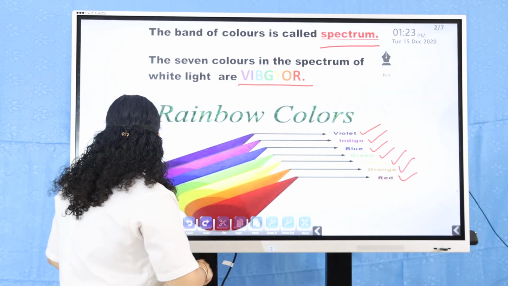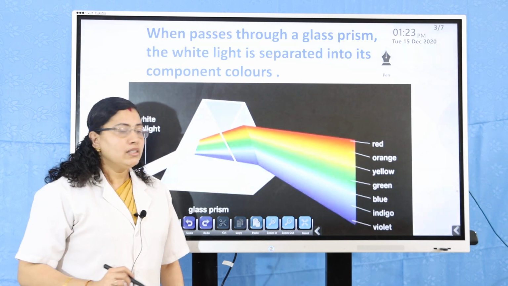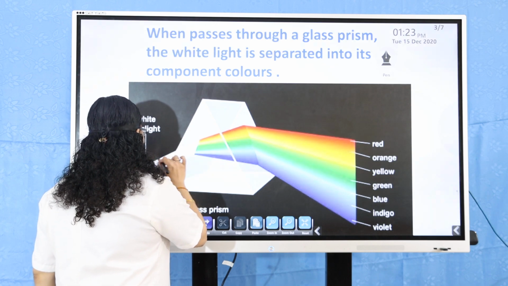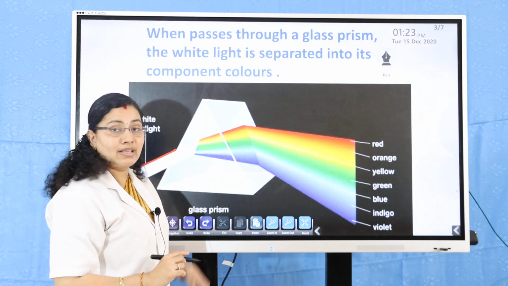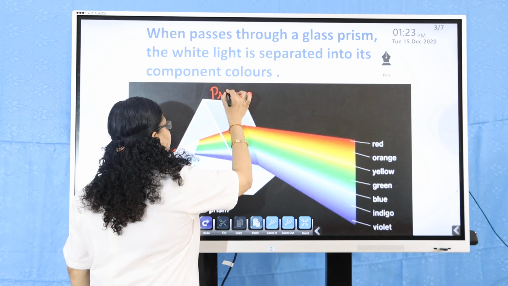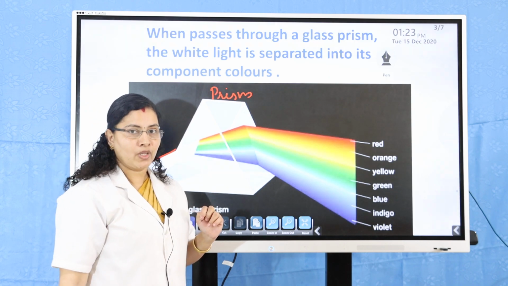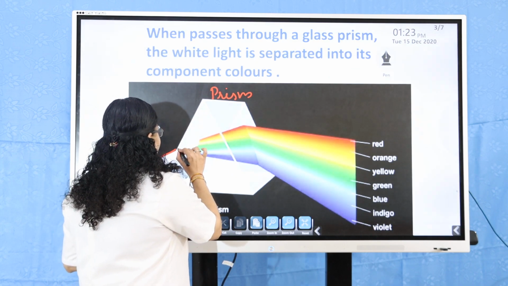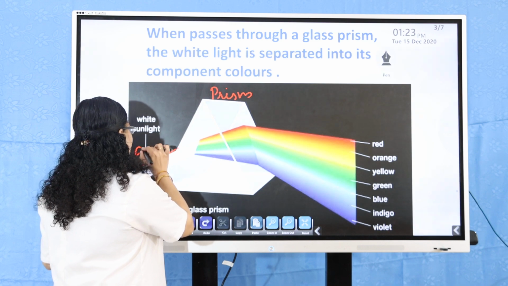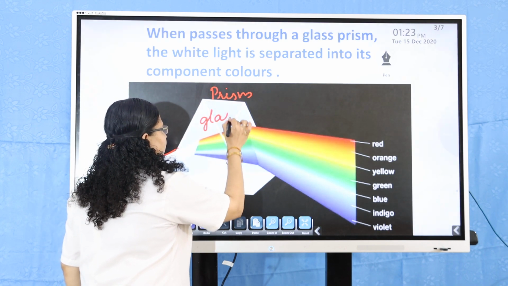So this white light is passed through this glass prism. As you can see, it travels from air to glass.